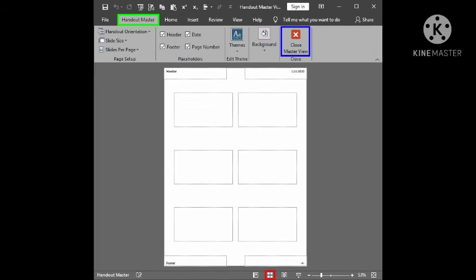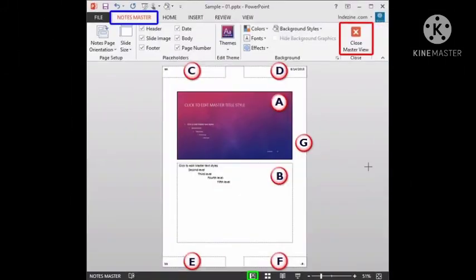It can be selected by clicking on the Handout Master button of the Master Views group of the View tab. Notes Master View. This view is used to change the design and layout of the Notes page. It can be selected by clicking on the Notes Master button on the Master Views group.